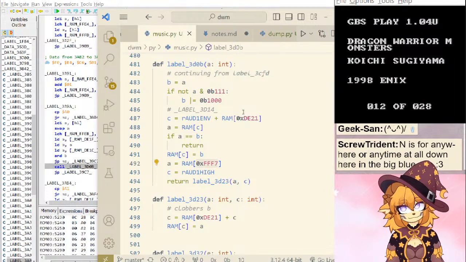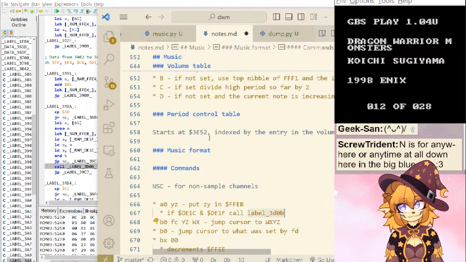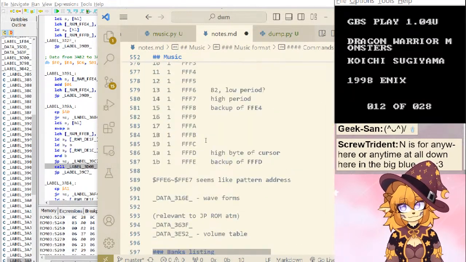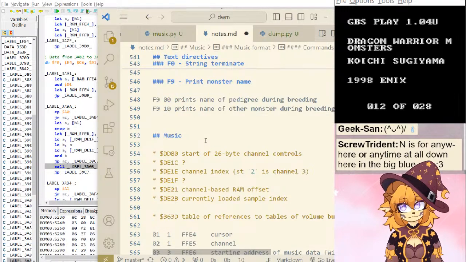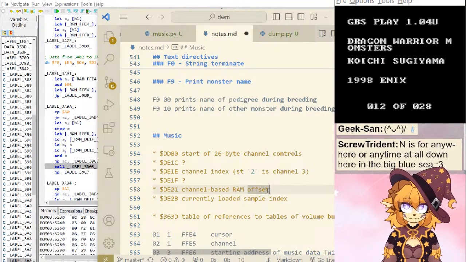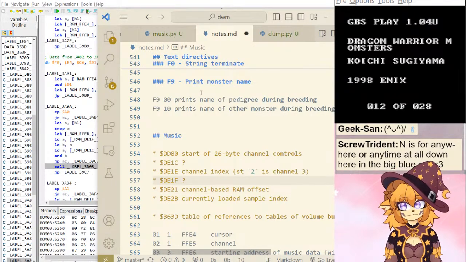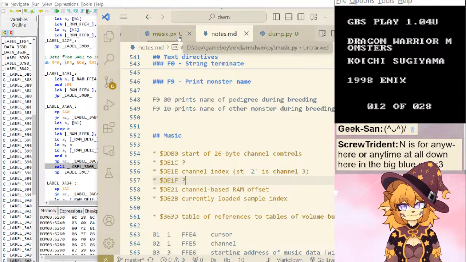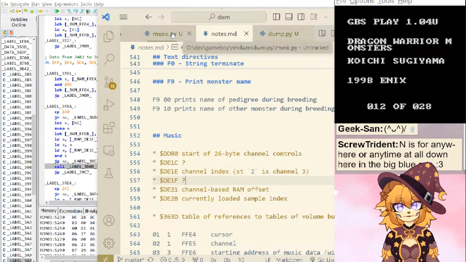FFF7. I think I wrote down what DE21 was though. Yeah, channel-based RAM offset. Of what? Oh, the index just as, okay.